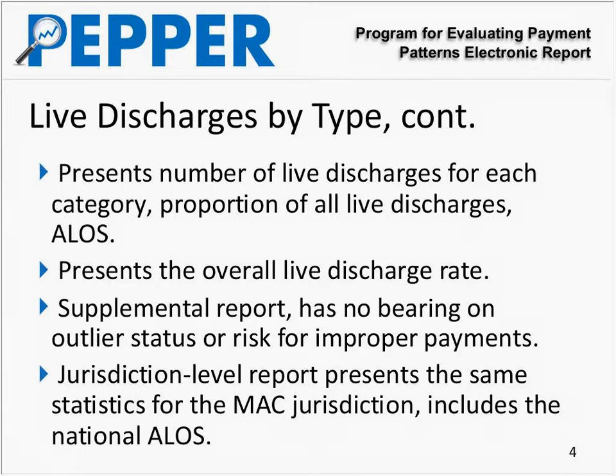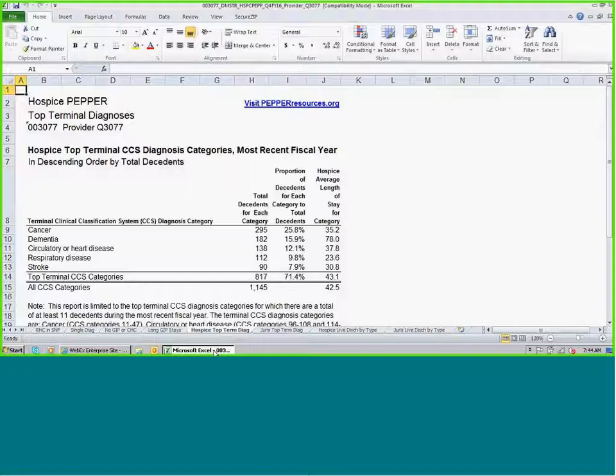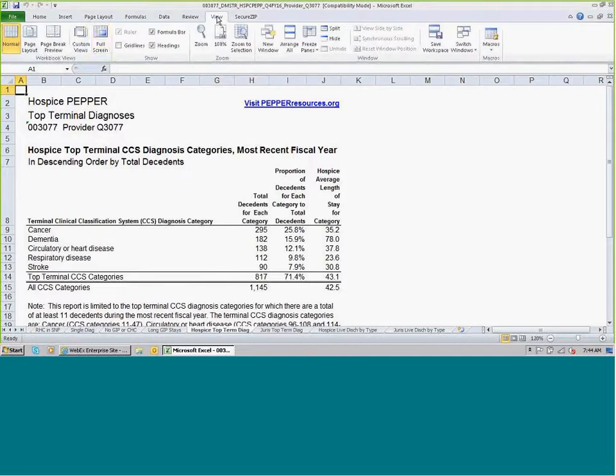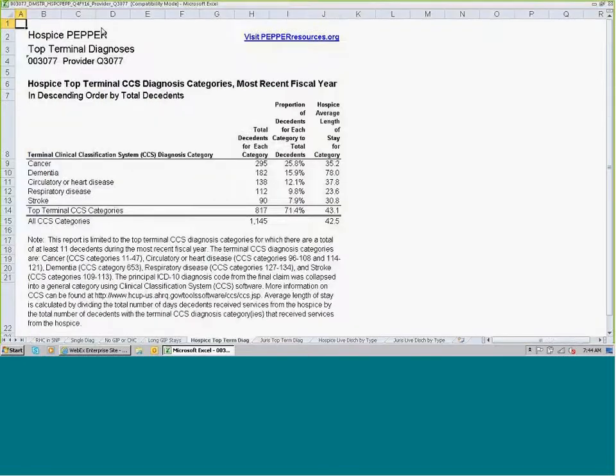Let me go ahead and share a sample report. This is from a Hospice Pepper. And you will find this report on the Hospice Top Terminal Diagnoses tab within your Pepper. So here you'll see it's titled Hospice Top Terminal CCS Diagnosis Categories for the most recent fiscal year. And for each of these